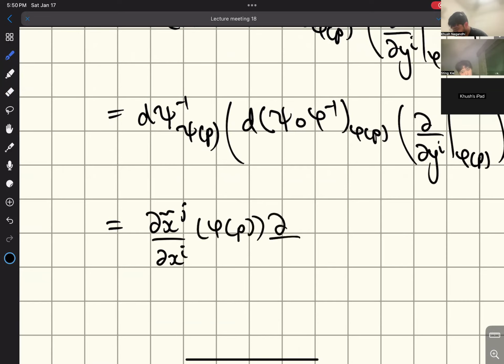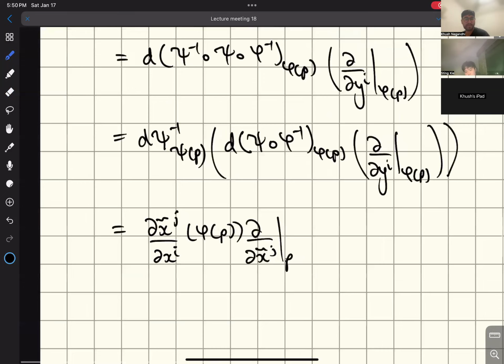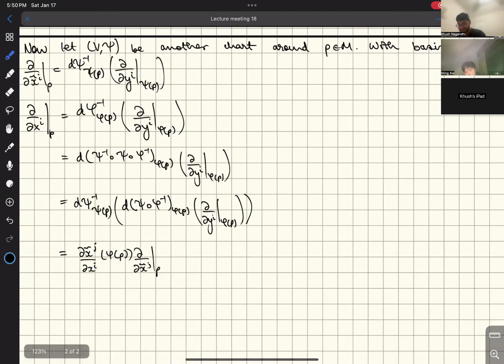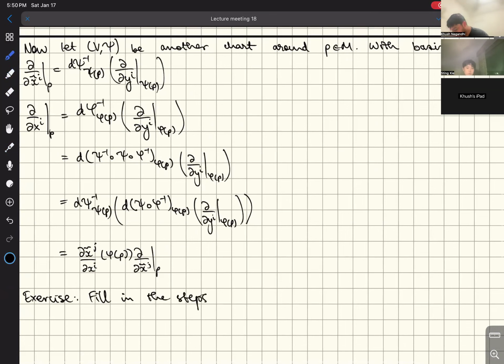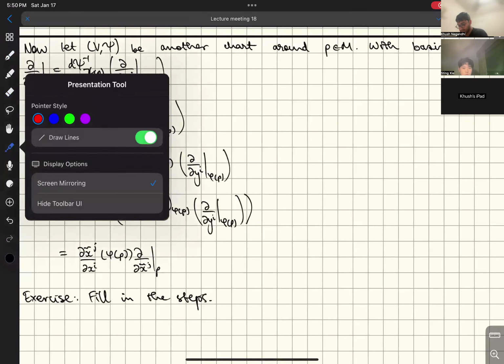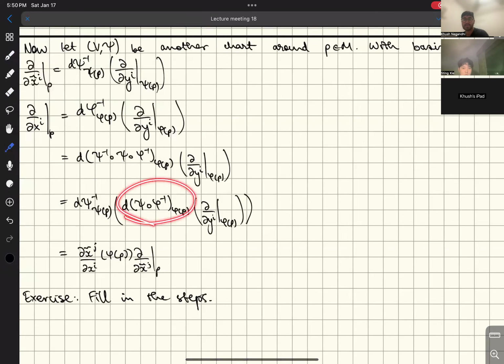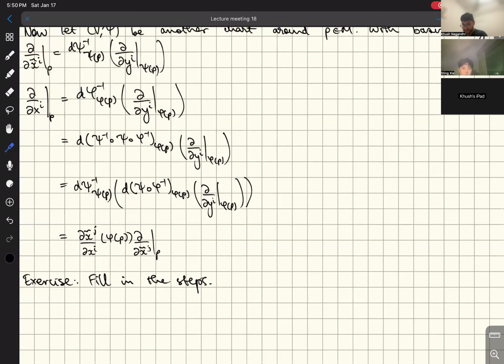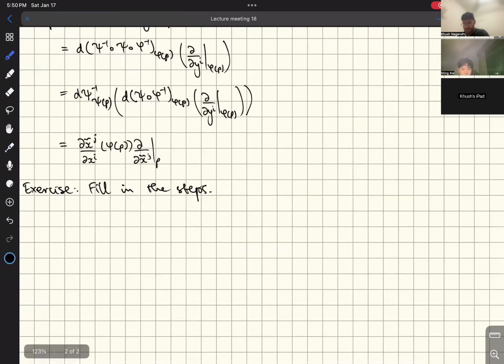And it's an exercise to compute this computation. So, exercise: fill in the steps. It is just a computation in matrix multiplication, basically. But okay, so what this tells us is